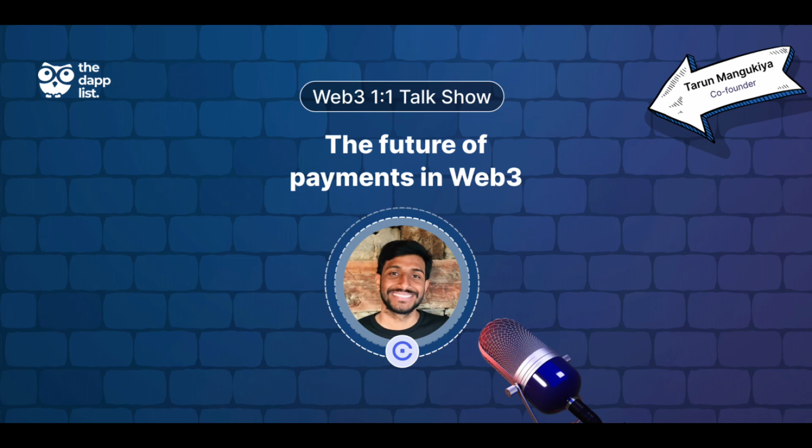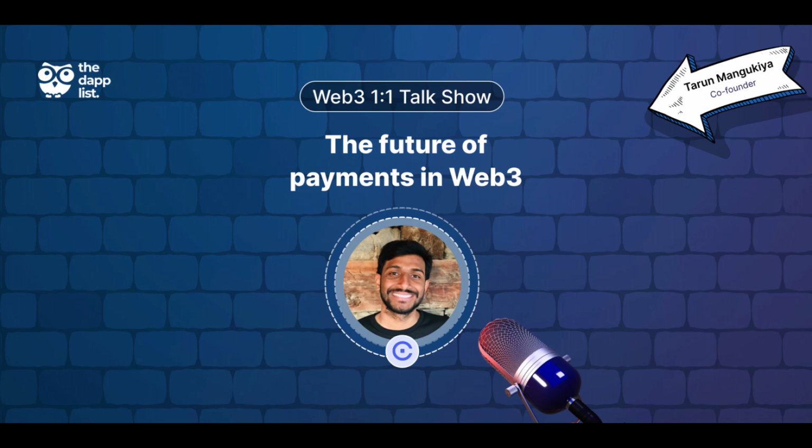And that was a really insightful session where Tarun gave us an in-depth walkthrough on Copperx, what it does, and how to make use of it as a developer, as a business owner, and as an individual who might be interacting with the Copperx front-end API that businesses have deployed.